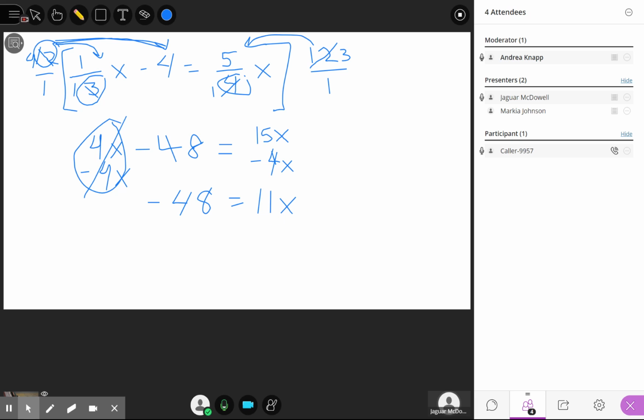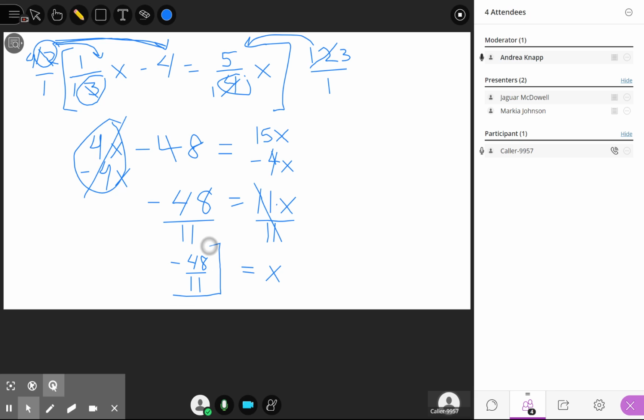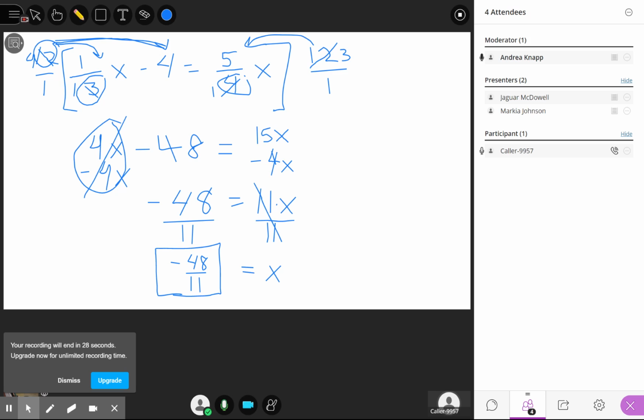Now we'll do what you suggested, and we'll divide. We have 11 times x. To undo times, we divide. So the 11s cancel the 1, so we just have 1x, which we just write as x alone. And on the other side, we have negative 48 elevenths, and we just leave it as negative 48 elevenths because you can't simplify that. You should always simplify fractions if you can, but on this one, there's no common factor between